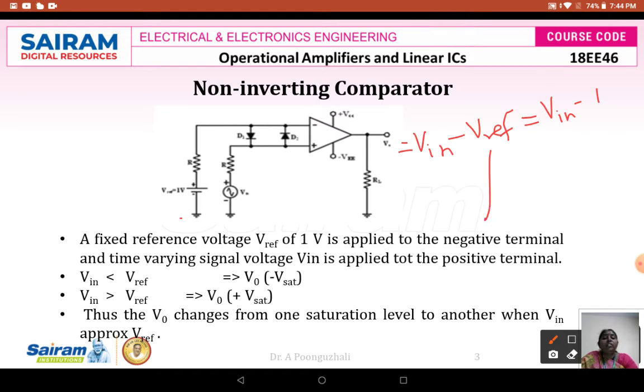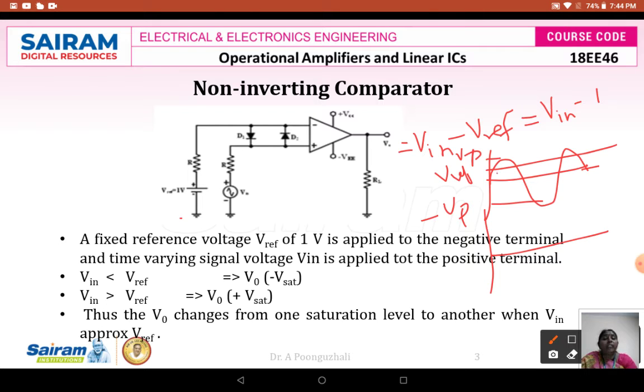Now if I am going to see, this is your sine waveform and this is going to be my V reference voltage. So this voltage I will take as your peak, and this voltage I will take as your minus V peak. Now to have your output waveform, wherever is this threshold level, in this case this is going to be one point and this is going to be the other point. Similarly this is your second point and this is going to be the next point there.